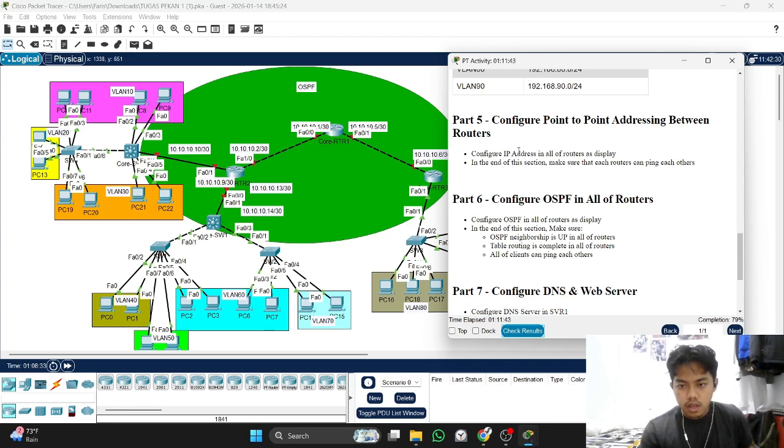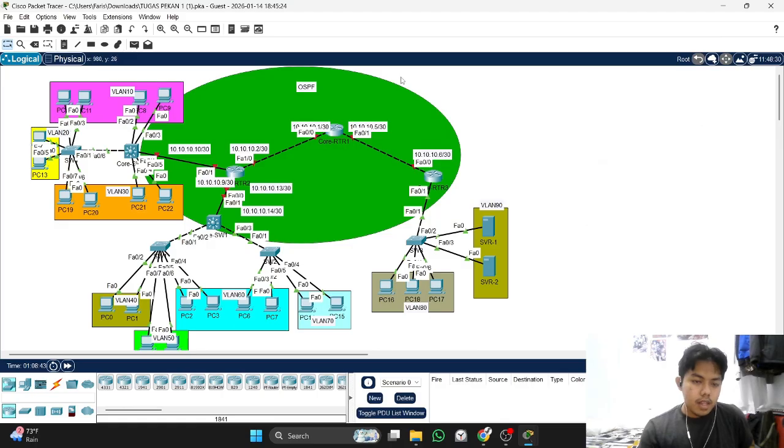We will configure the IP address, and each router must be able to ping the other router. Okay, part 5 is start.